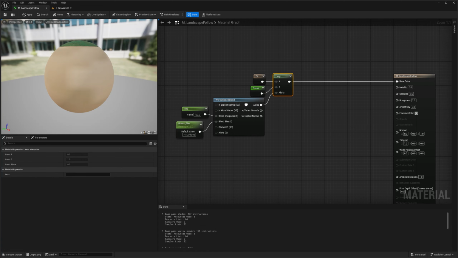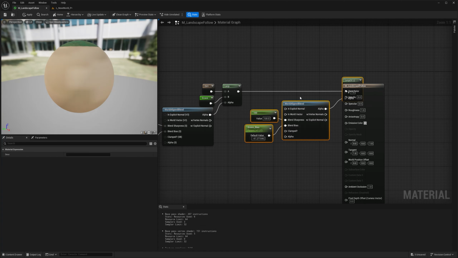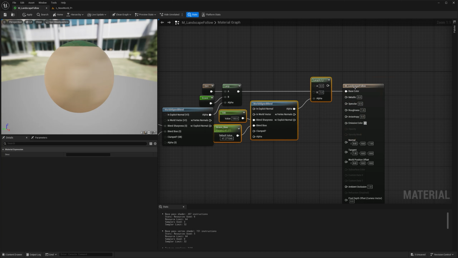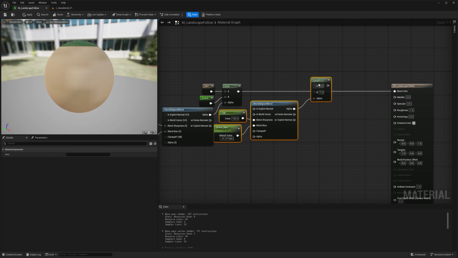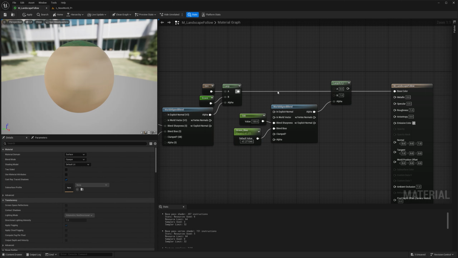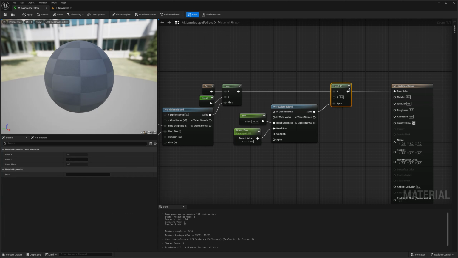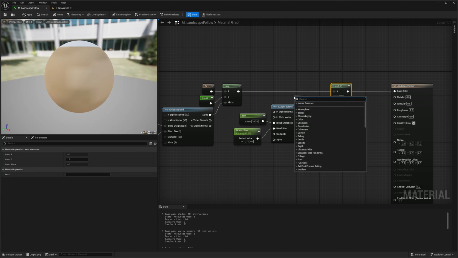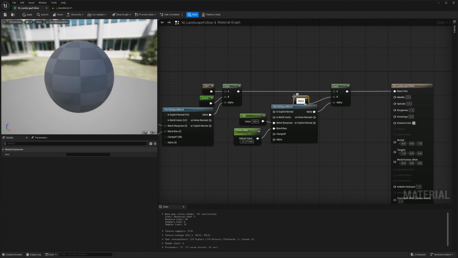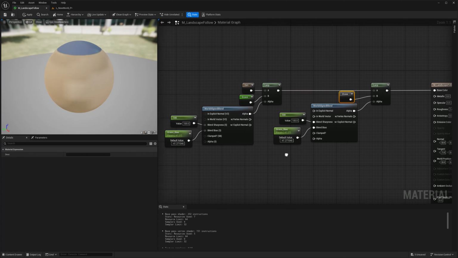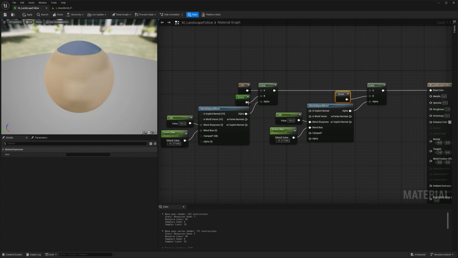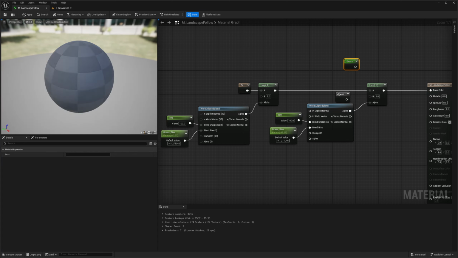I'm going to create another lerp and another one of these two. I might have to change the order. We'll figure it out in a second. Let's just do this first. And I'm going to say this goes here, this goes here. And then from here, I want stone. Which truly caused a huge problem for me. Because right now, I want the grass to be always the one on top. So I'm going to have to rearrange the order of everything.